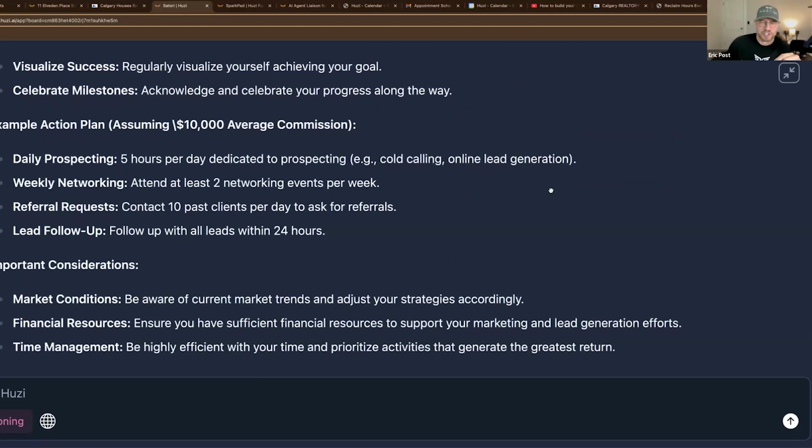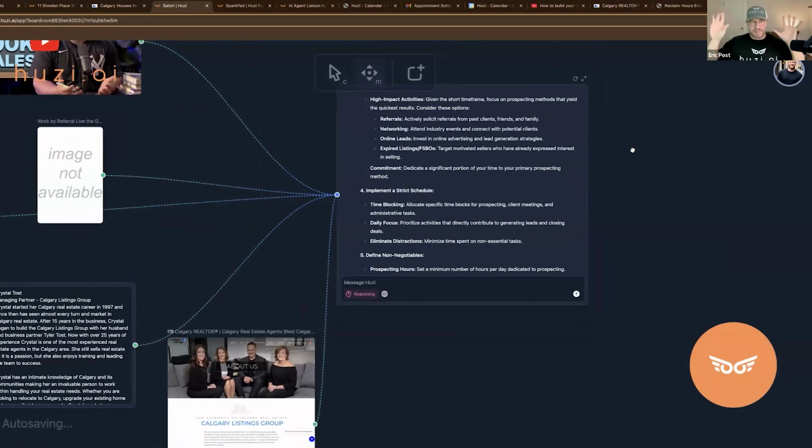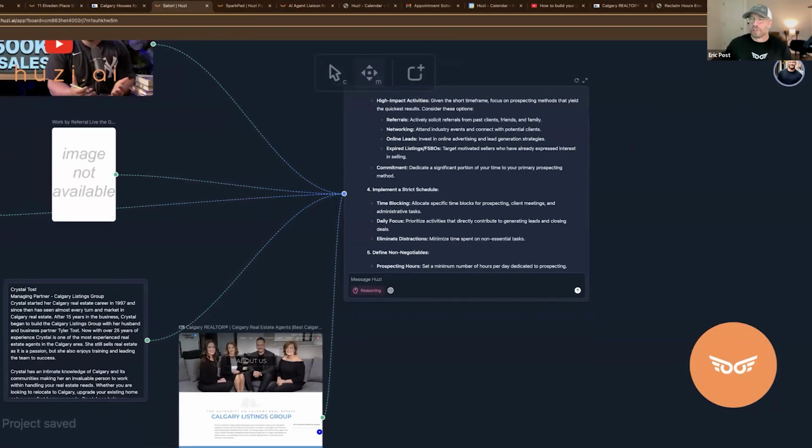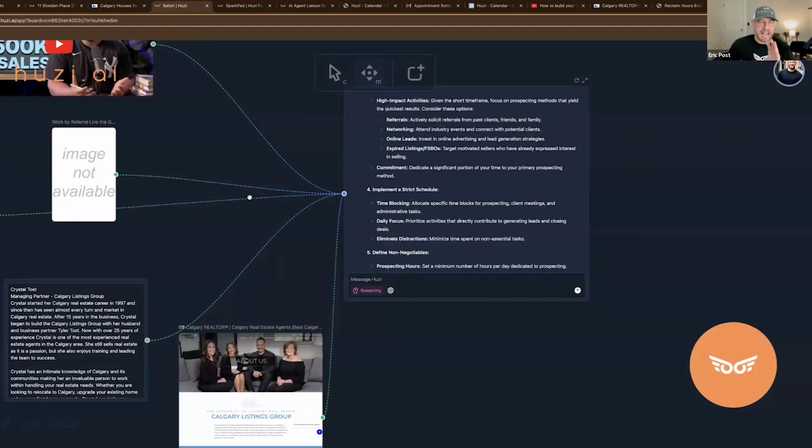So the reason I want to show you Satori is because I think a lot of you are going to really enjoy this sort of mind mapping experience over the experience of prompting back and forth to create something like this that's really kind of an art form. Like it's your standard operating procedures, it's your business planning, it is your hiring practices, right? It's much easier to plan for something when we can add elements to a board than it is to prompt back and forth with an AI model.